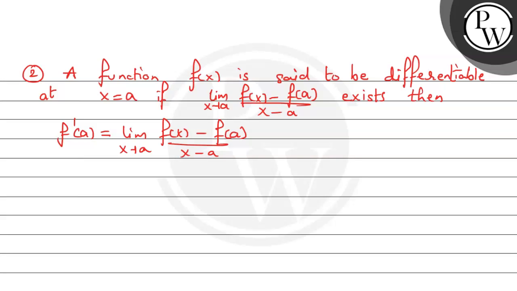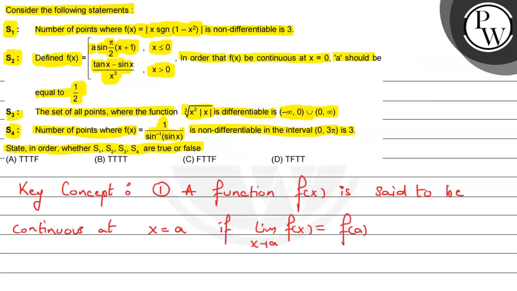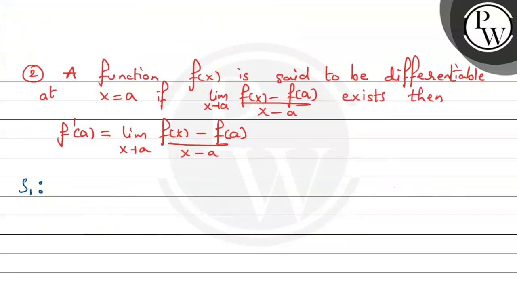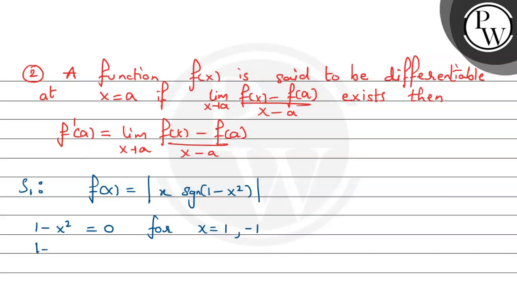So let's look at statement 1. S1 says the number of points where the function f(x), that is |x| sgn(1 − x²), is non-differentiable is 3. So what is the definition of the function? f(x) is |x| times signum of (1 − x²). Now 1 − x² is equal to 0 for x equal to 1 and −1, and clearly